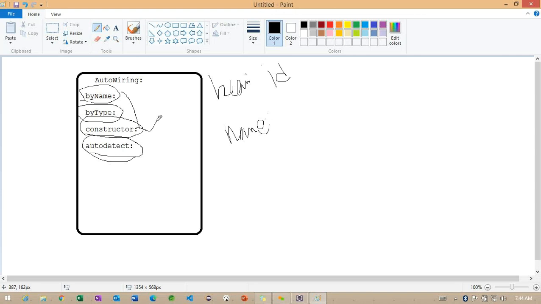The simple example we identified was when we discussed constructor injection. In constructor injection, what are we going to do? We are going to specify the object related information as a constructor parameter. So in this case, the constructor autowiring concept is going to work here. But these two are very important here, by name and by type. The by name is going to take two things: either it's going to check with the ID, or it's going to check with the name of the bean. But the by type is going to check only the type of the particular field.